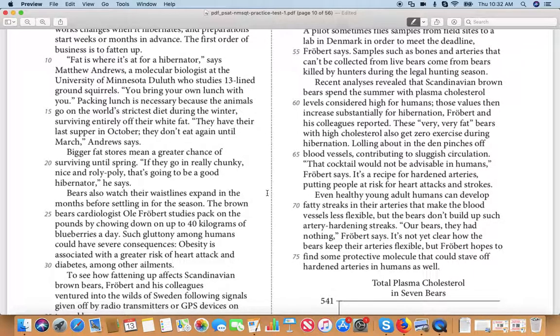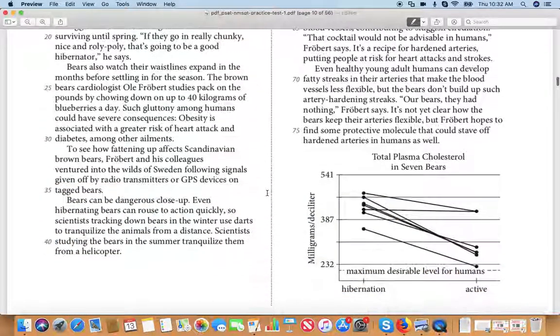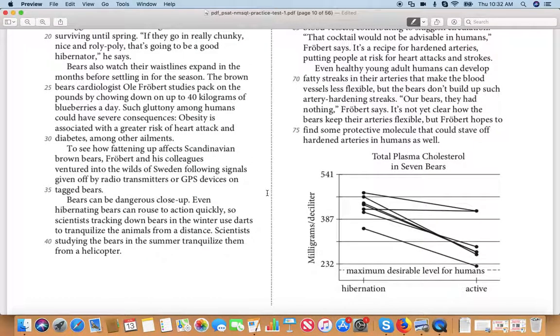Keep going. That cocktail would not be advisable in humans, Frobert says. It's a recipe for hardened arteries, putting people at risk for heart attacks and strokes. Even healthy young adult humans can develop fatty streaks in their arteries that make the blood vessels less flexible, but the bears don't build up such artery-hardening streaks. "Our bears, they had nothing," Frobert says. It's not yet clear how the bears keep their arteries flexible, but Frobert hopes to find some protective molecule that